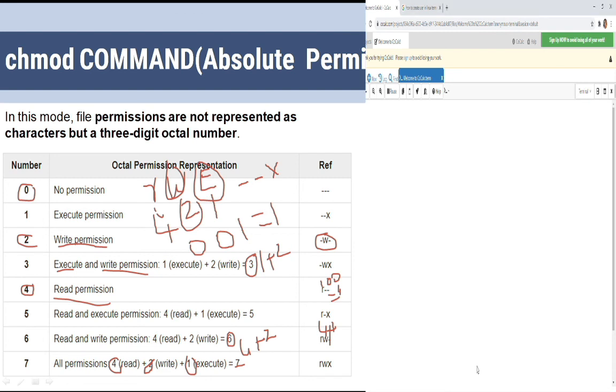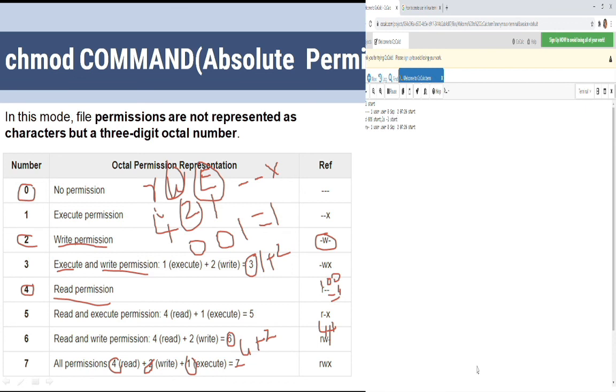Next we will see with an example. ls -l. Initially my start file is going to have no permission. For the user, the group, and the others, they don't have any permission. So I am going to use chmod 666 start, then ls -l start.